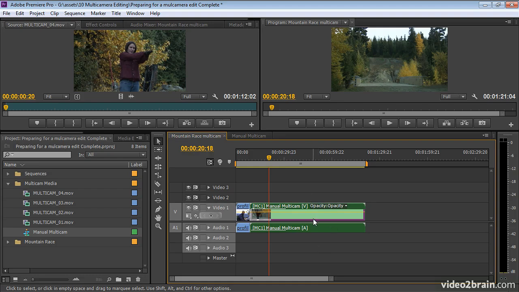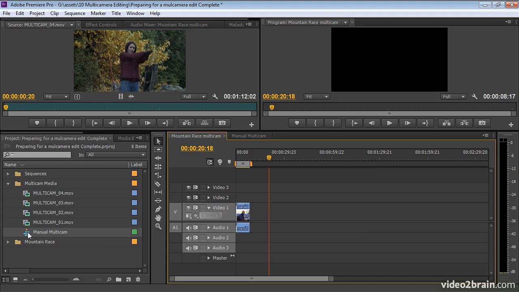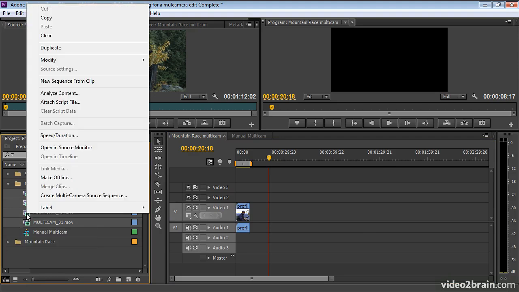I'm just going to select this and hit delete. And now I'm going to select, by holding down the Shift key, all 4 of these clips. And now I'm going to right-click on one of them, and I'm going to choose this new option. This is a new feature in Premiere Pro CS6. Create multi-camera source